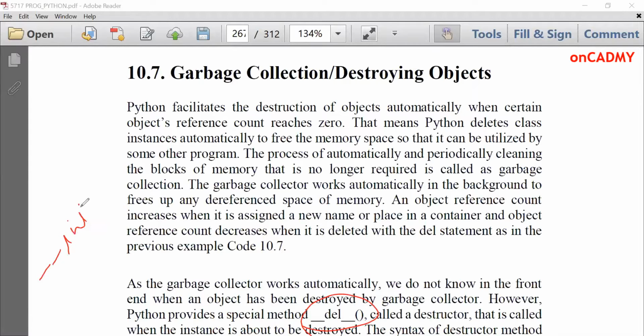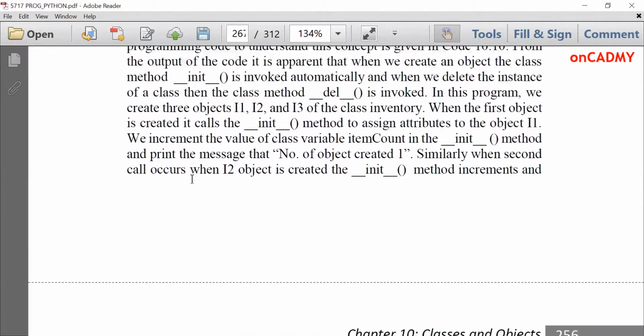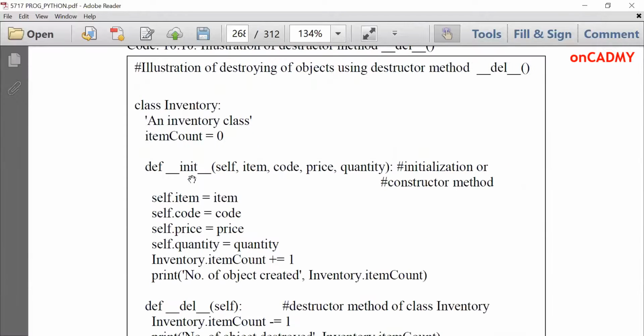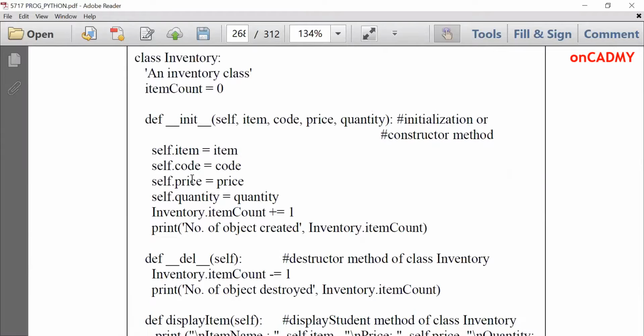We write init as constructor. Similarly, del can be used as destructor to delete the objects or destruct the objects that we have created so far in a class. So let's understand through a program. In order to free up the space, we can use the del function, or we call it a destructor. So we already created a class inventory. You can see where the init method is used to construct the class to create objects, and here there is a new definition, def del self. Fine. So this will delete the instances of the class one by one.